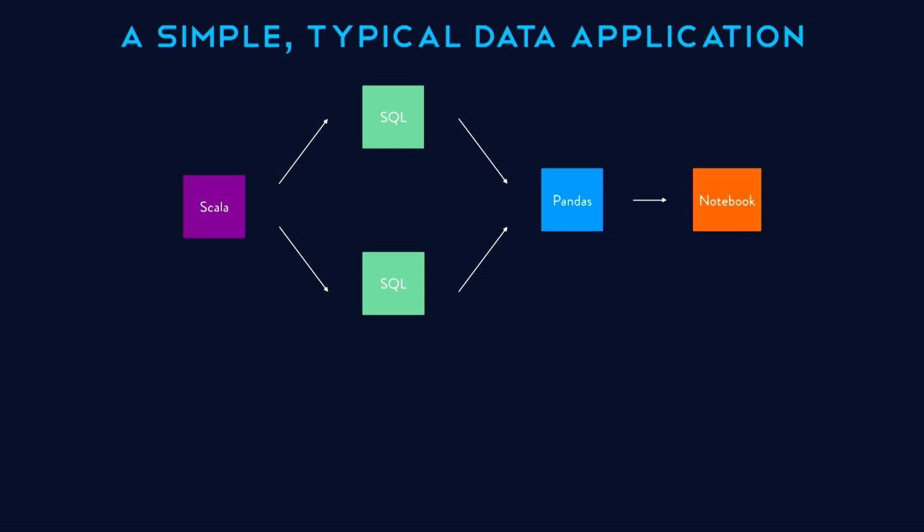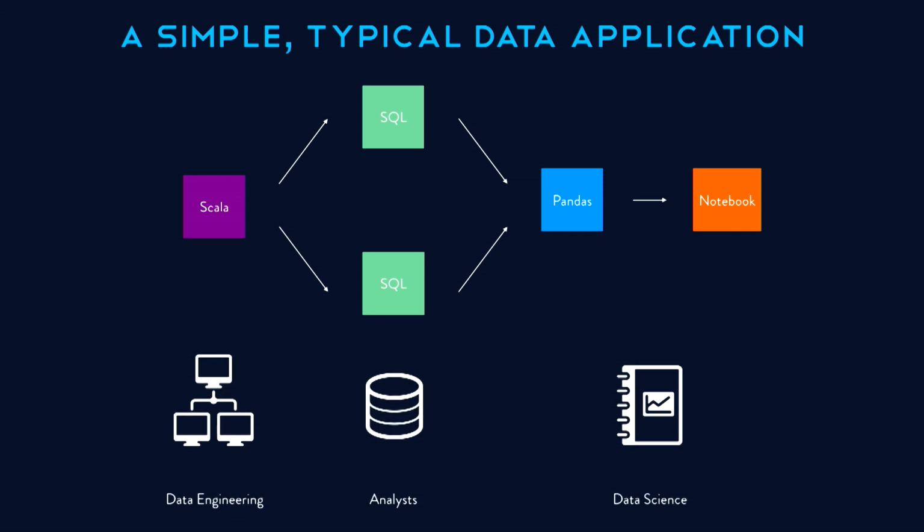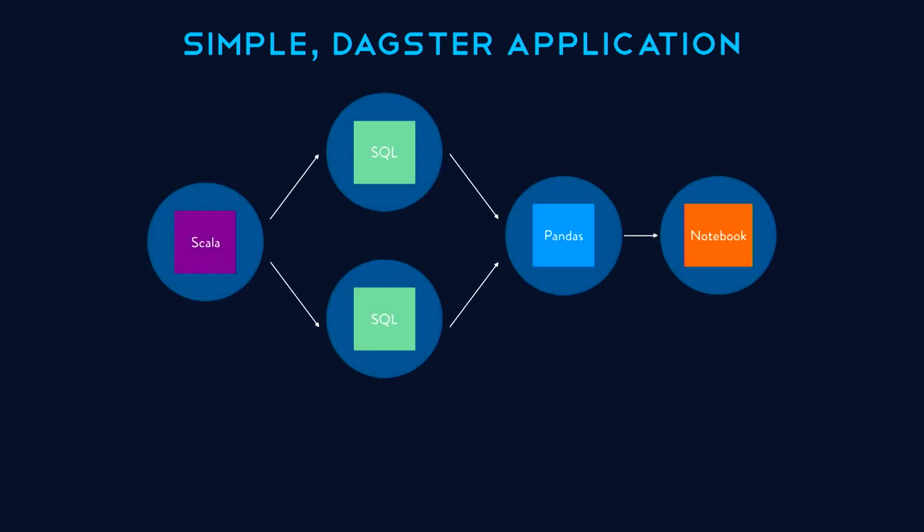So just summing this up quickly, and this is all compressed and weird, that's fine. Typical data applications cross multiple system barriers and frequently have multiple different constituencies. You might have data engineers running a Scala Spark job, then the analysts, if you're lucky, writing SQL statements to do their business logic, maybe in a tool like dbt. Who knows dbt here? Anyone? dbt is a great tool. Everyone check it out. And then data scientists maybe pick that up.